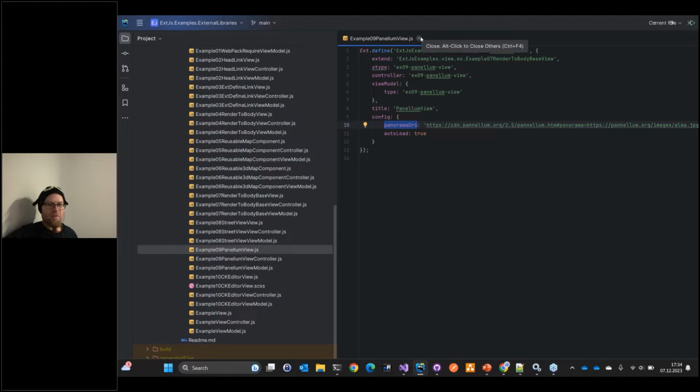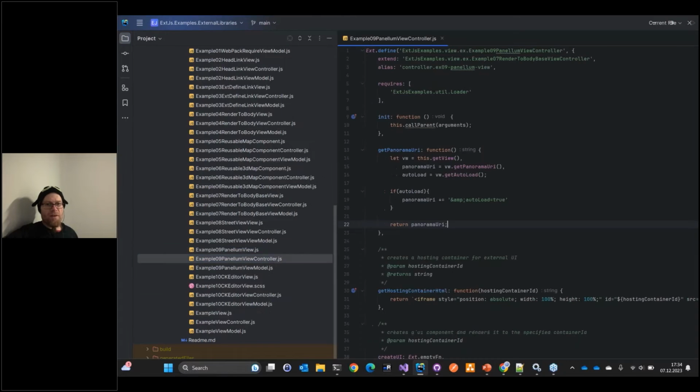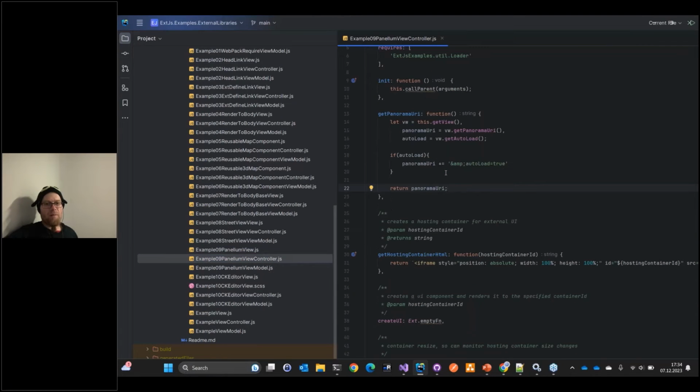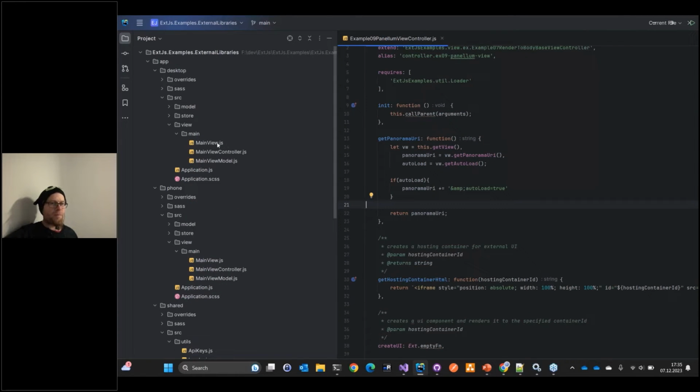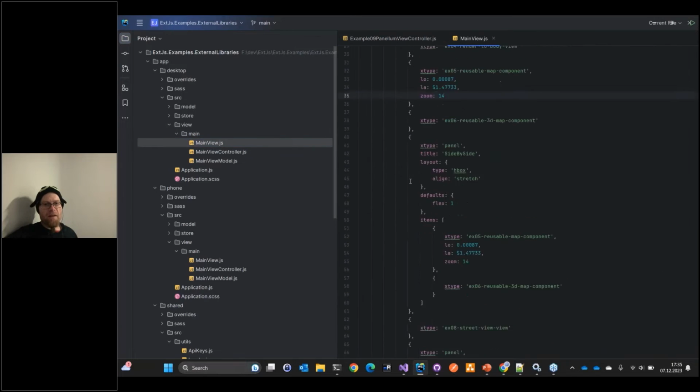So as you see, a simple customization, and also the logic here is very simple as well. Pannellum API also uses iframes, so you can inject all the logic using iframe and obviously customize the URL. In this case, autoload is just customizing the autoload parameter of the URL, and I'm injecting a simple iframe. In this case, though, just to prove the idea of components being reusable and independent, what I'm doing is I am adding the